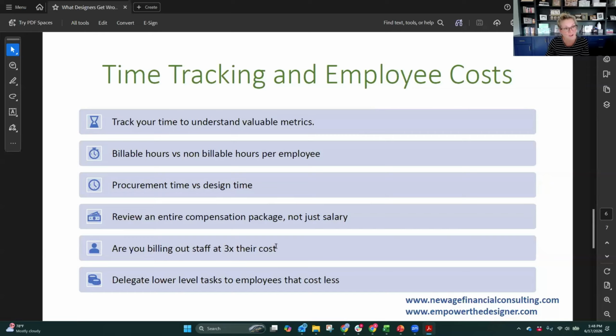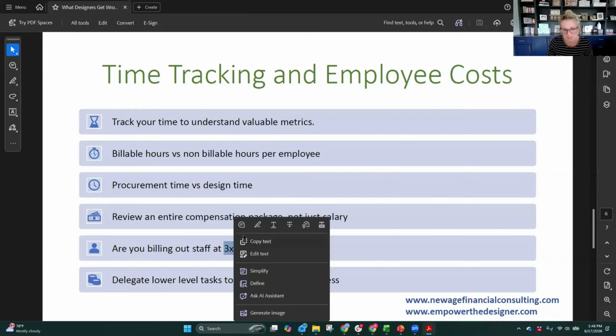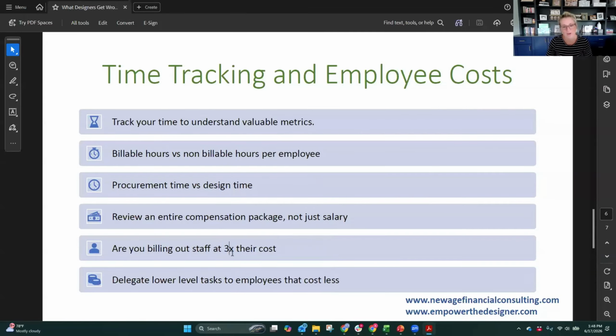You could be at a 4.5 multiple. You could be at a 3.5 multiple. It's hard to say in black and white, but you should not be below a 2 times multiple. Something is really, really wrong if you are. And remember, this is all a conversation about design fees, nothing having to do with product. So 3 times is your goal, and yes, it's doable.